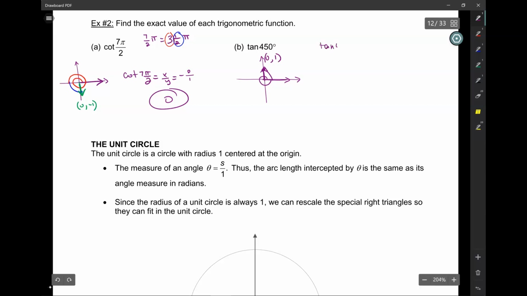Tangent of 450 then is y over x, 1 over 0, undefined. Okay? Questions? All right. So now,